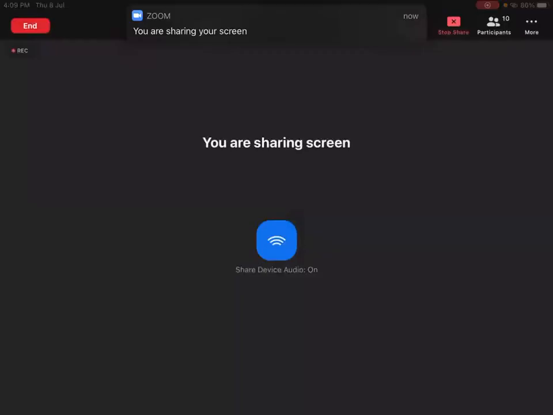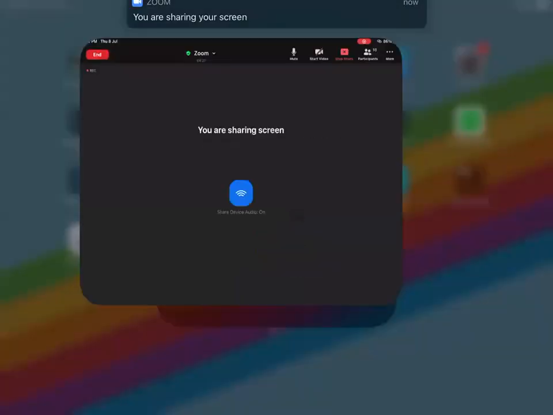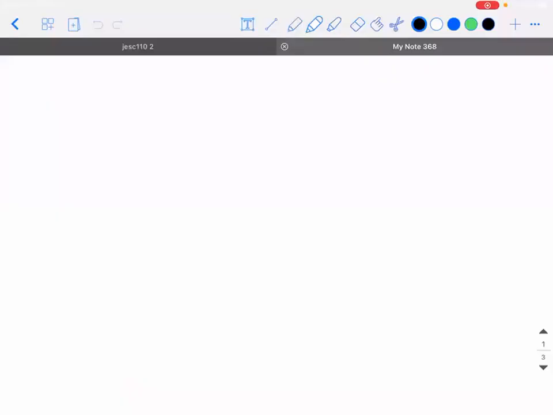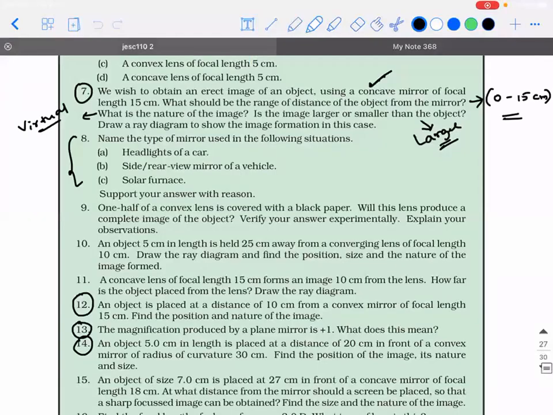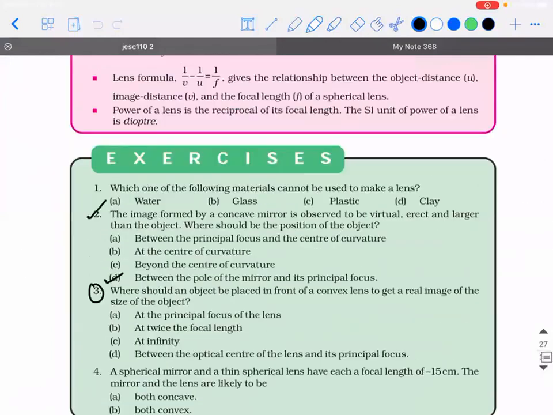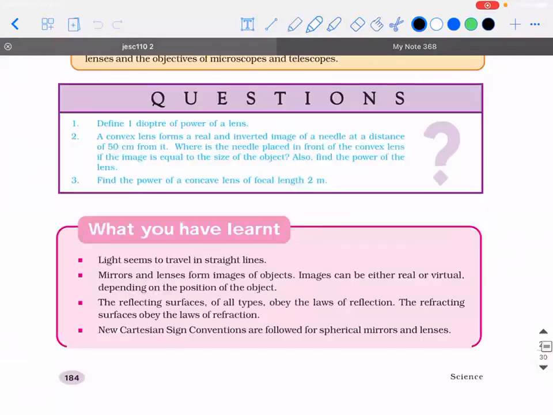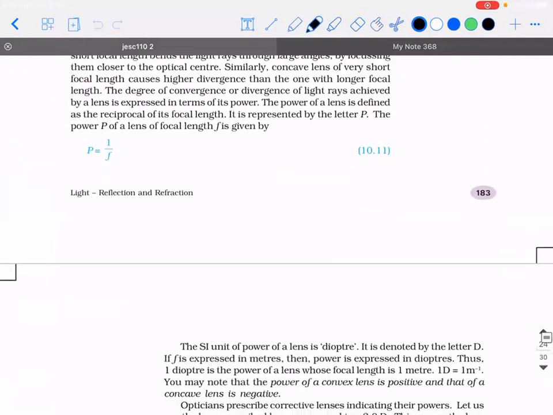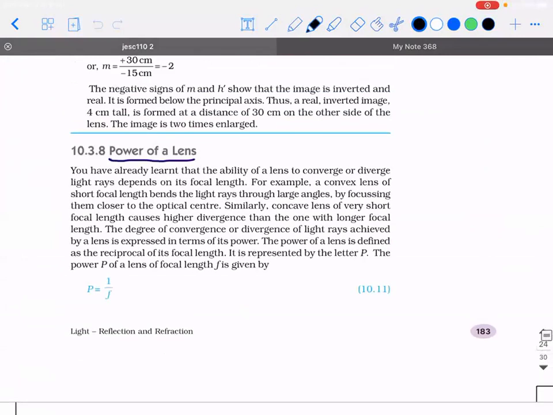We'll get started. Okay, listen. So till last class, what were the topics that we discussed? We finished everything, right? Except power of lens. That is the only concept that is left out. So now we will discuss the concept of power of lens, which is given by the formula